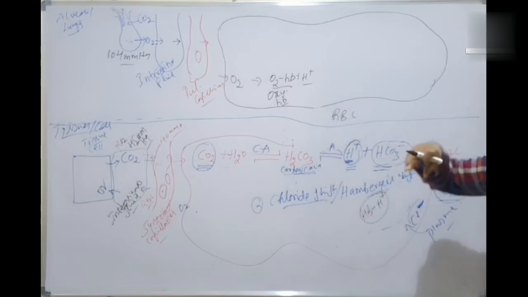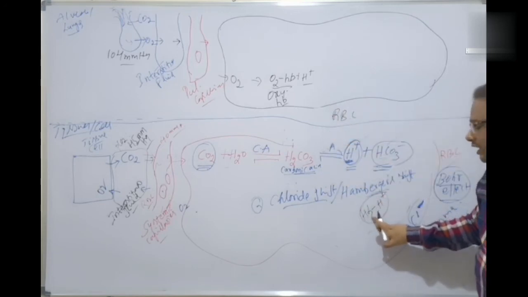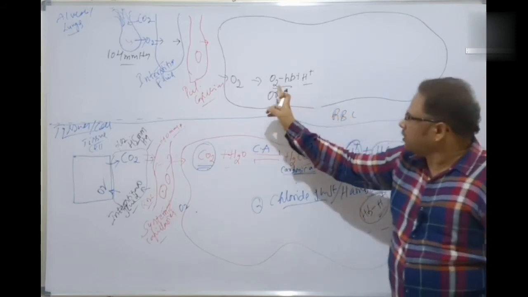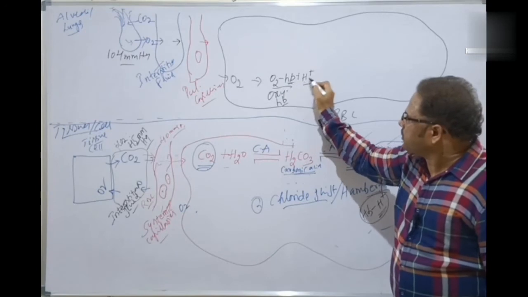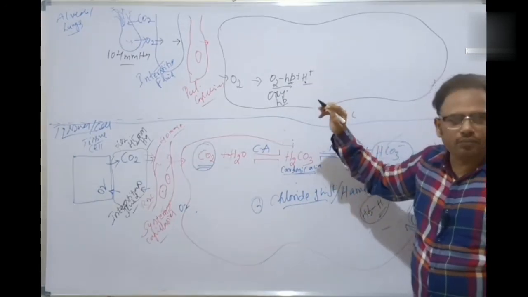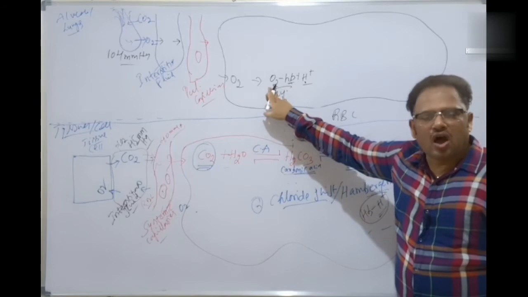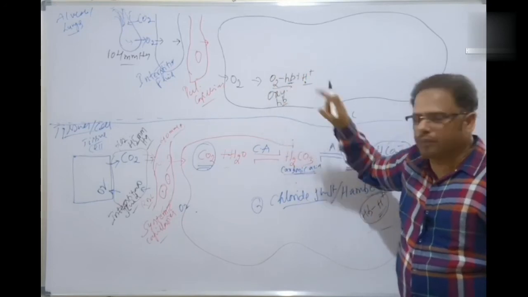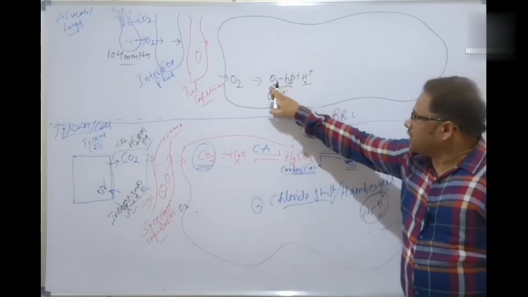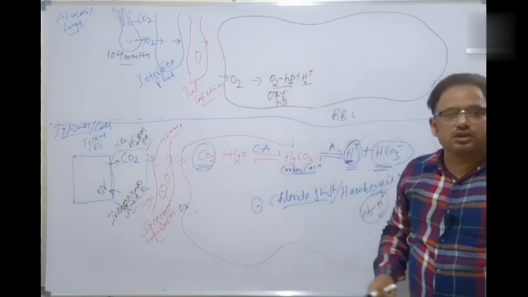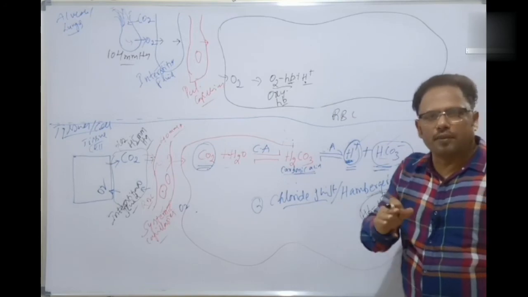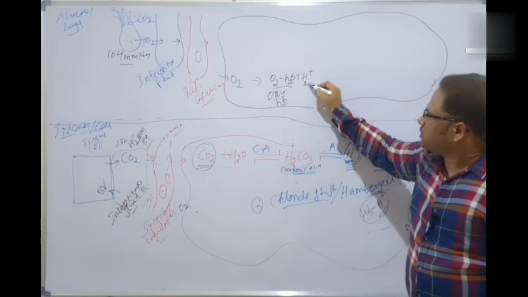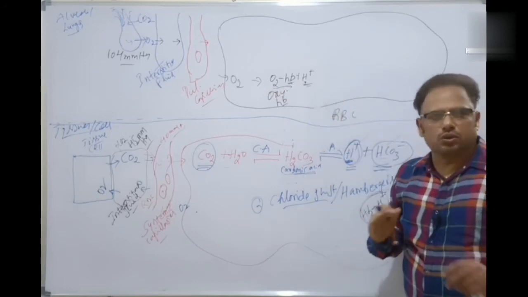It is not happening. Why? Because the hemoglobin is buffering with the H plus ion. It is still there here. That's why I repeated it: hemoglobin is having the H plus ion. But what is the new development here? Oxygen. Because oxygen binds with which one? Hemoglobin. But oxygen and hydrogen ions are not friends, in common language here, not medical language.